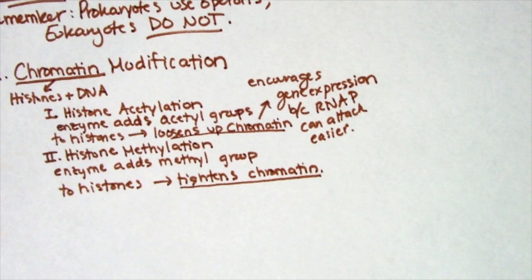A term that we're going to see is euchromatin. When it tightens, less gene expression; when it loosens up, more. So epigenetic modifications, or chromatin modifications, the last thing we'll say here is that